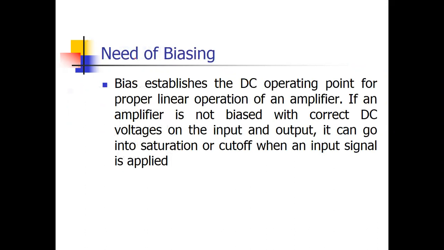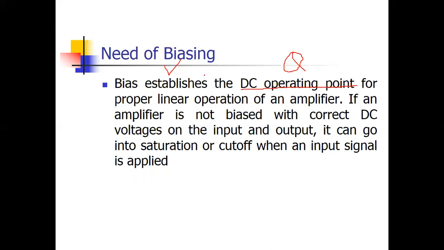So first of all, we need to understand the meaning of biasing. If you have attended my previous lecture, I have already explained the concept of DC operating point, or we can say Q point, and the concept of DC load line. So, need of biasing. First of all, what do you mean by biasing? Biasing means, if you remember the concept of diode and BJT, there will be forward bias and reverse bias. Bias means we have to apply some voltage, some supply. That is biasing.